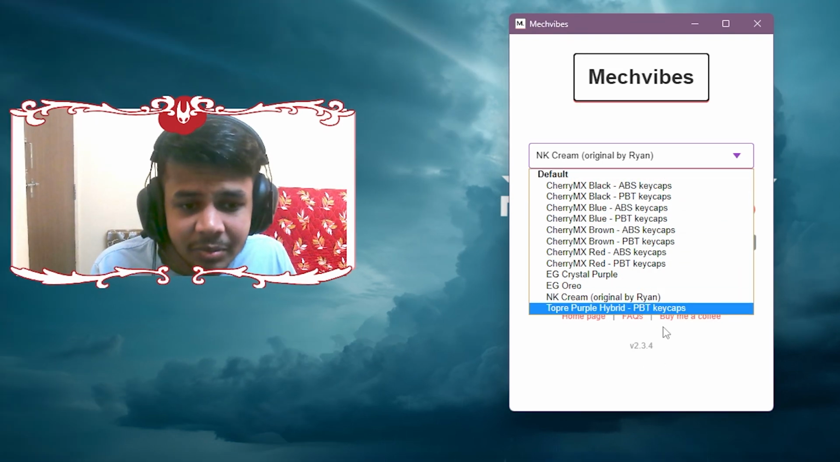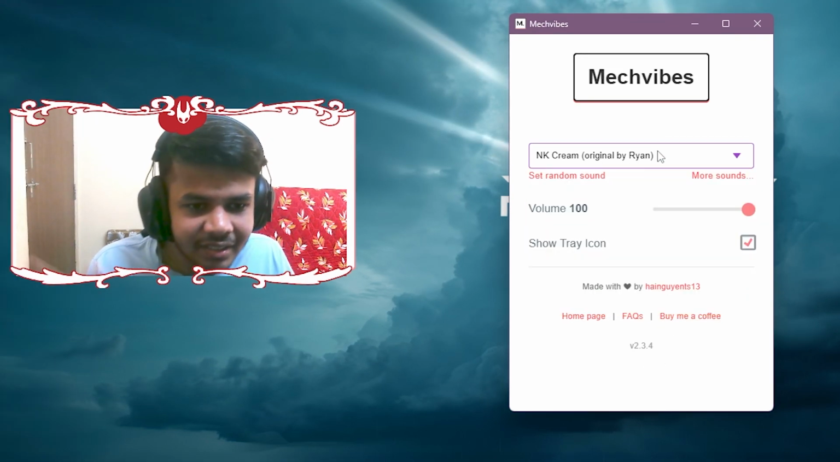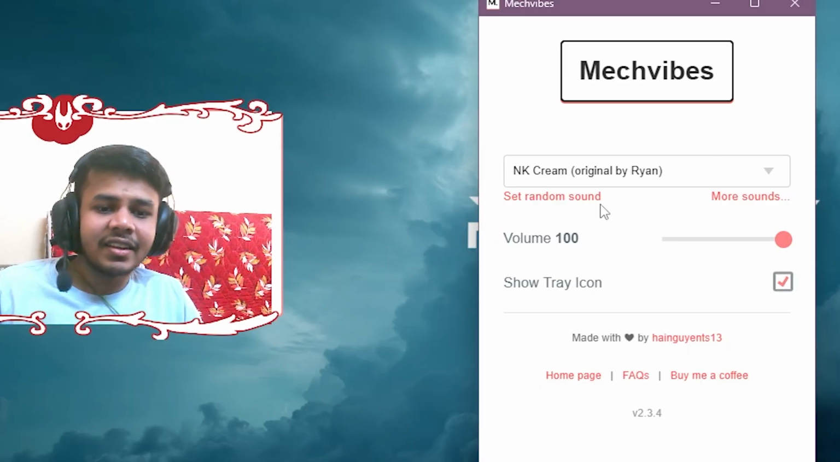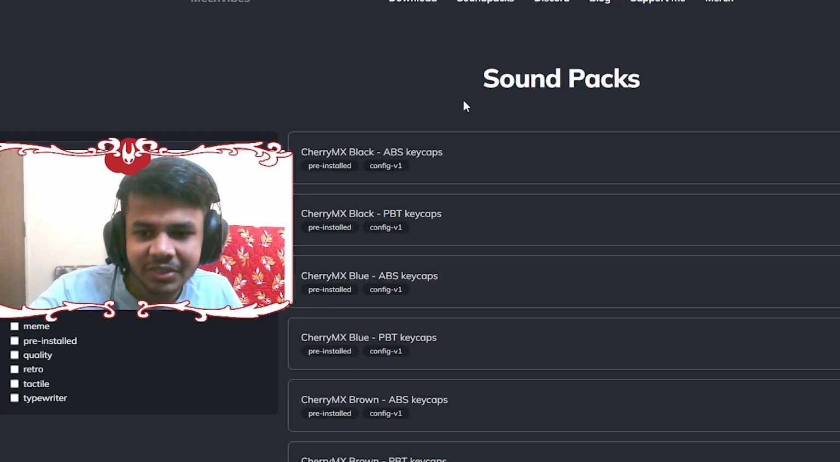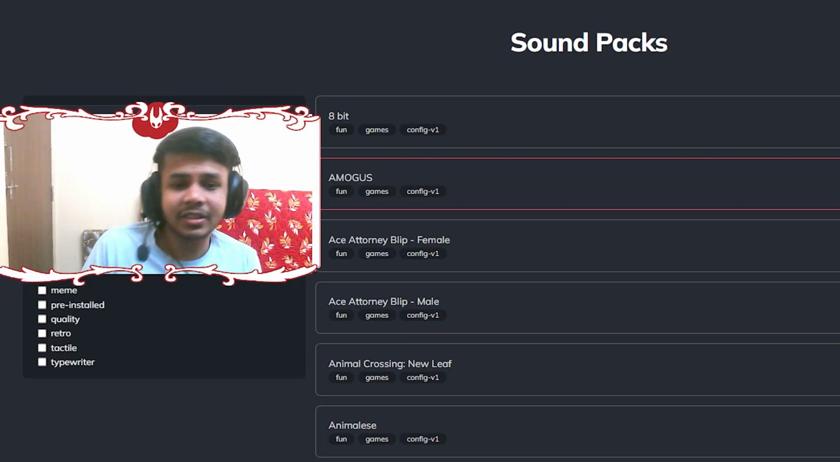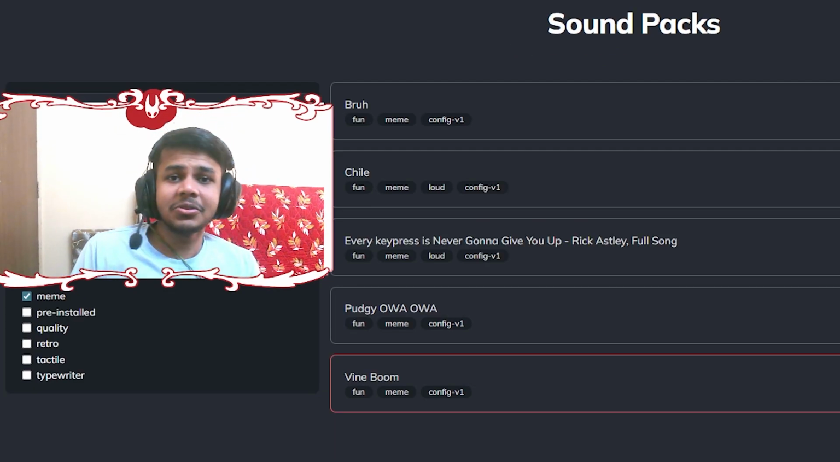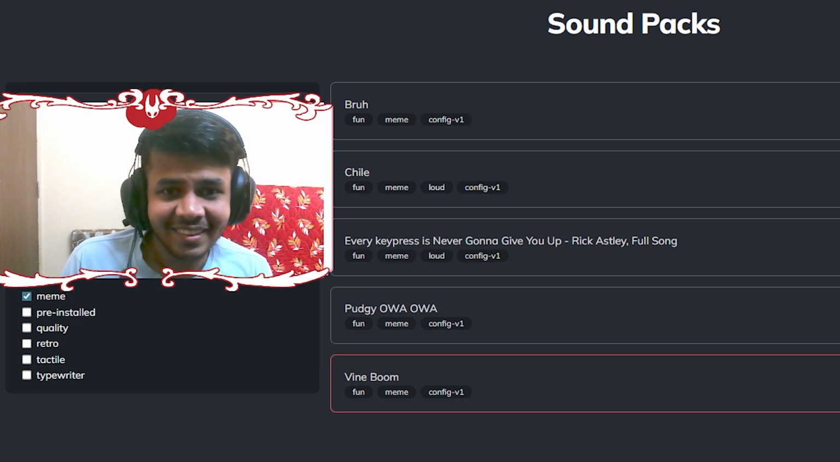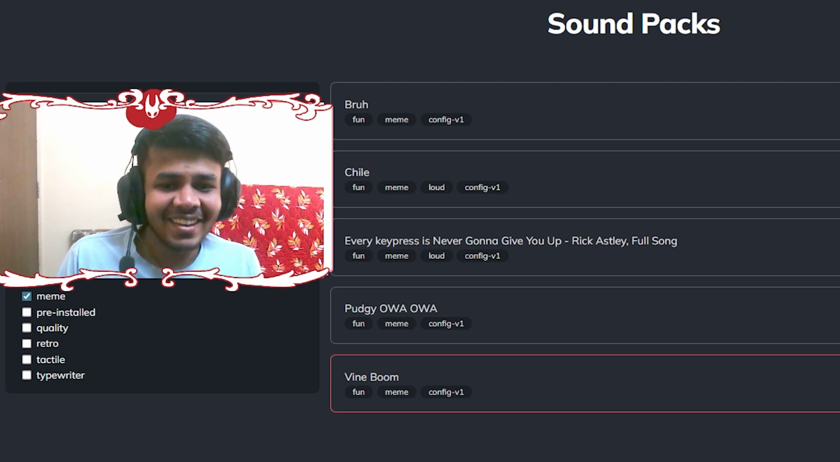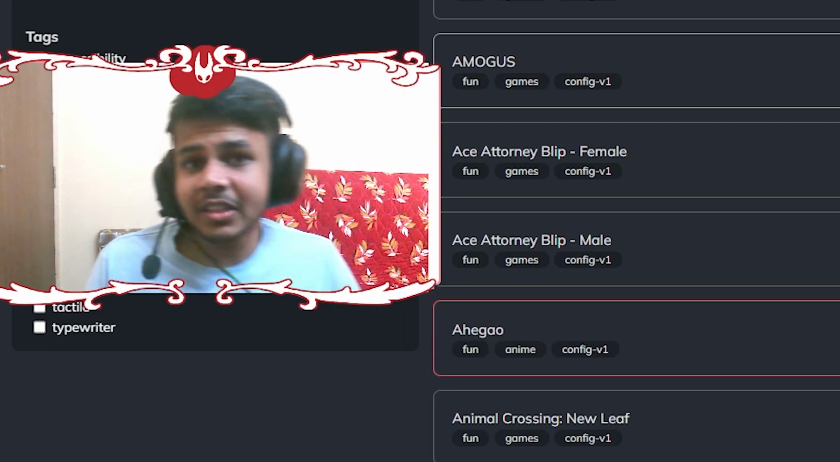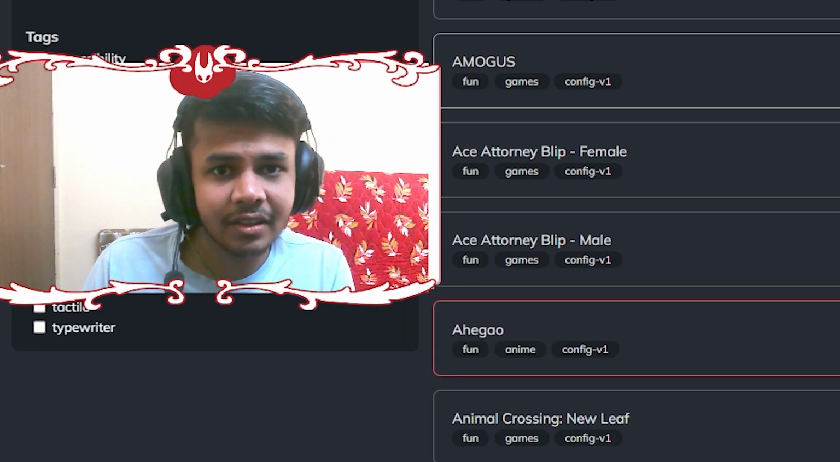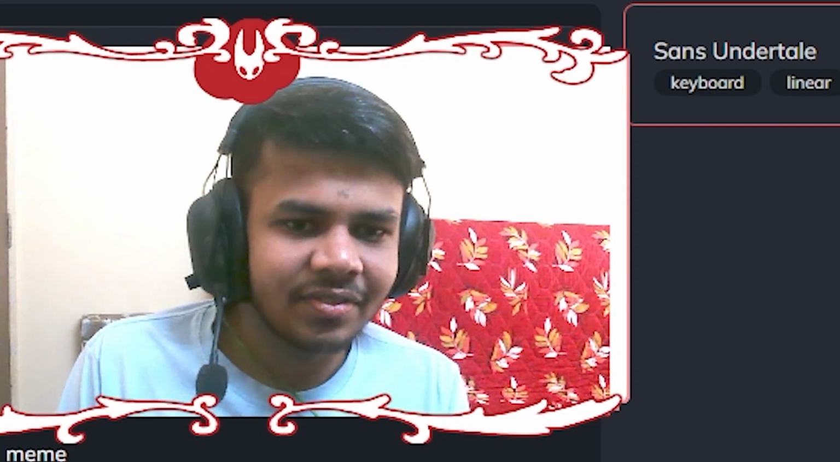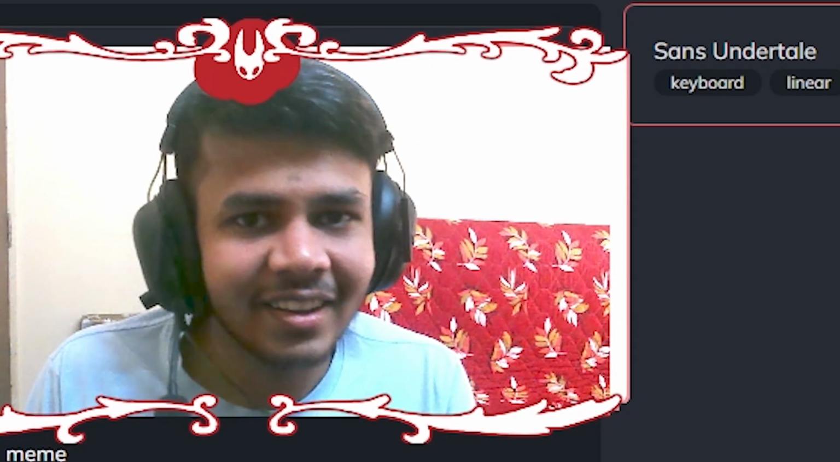You can select multiple sounds here for your keyboard and select one that you like. But that's not it. You can actually select more sounds and it takes you to their site where you can try some fun ones. For example, you can turn it into a or you can just do this every time you type. Well, there's also some or you can just go for